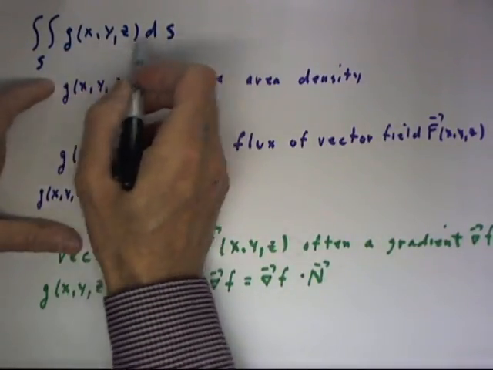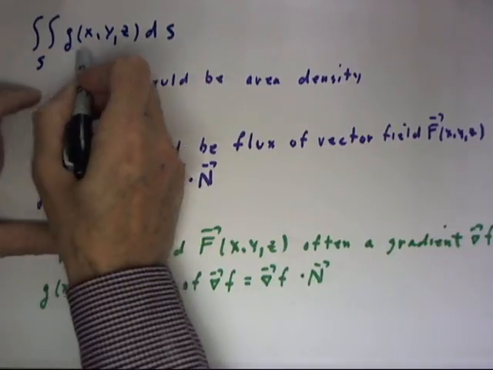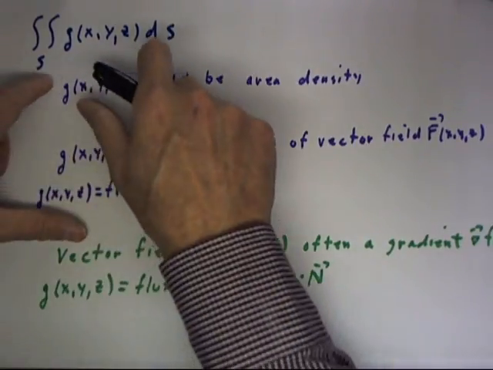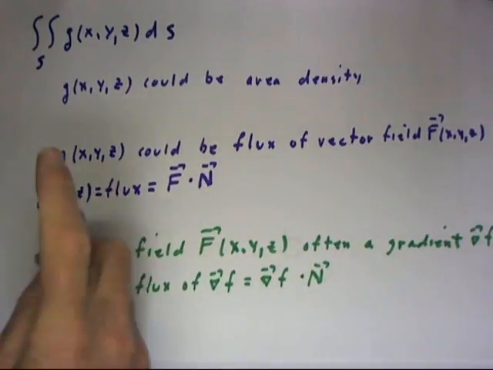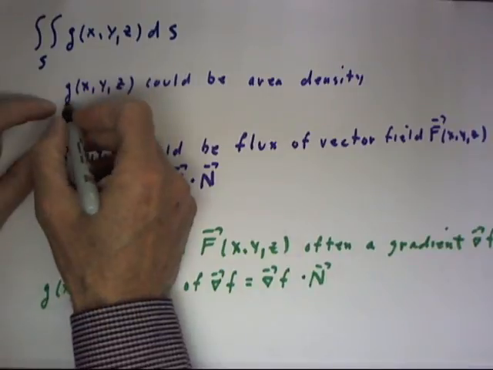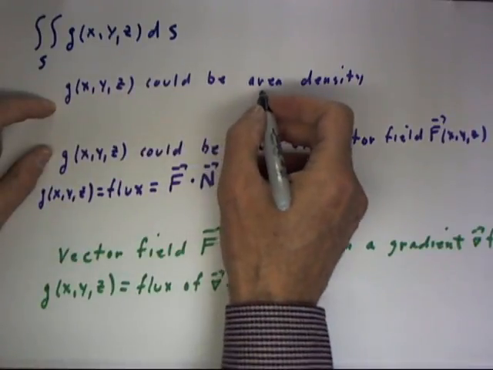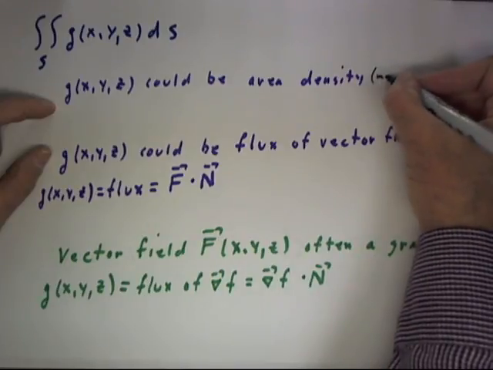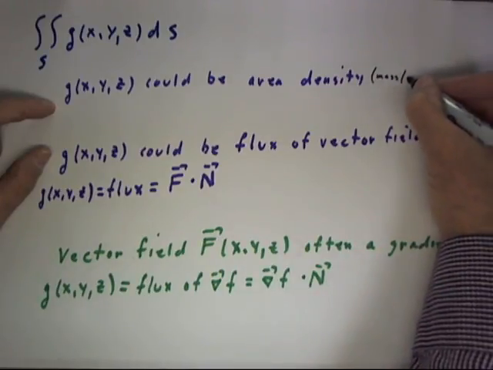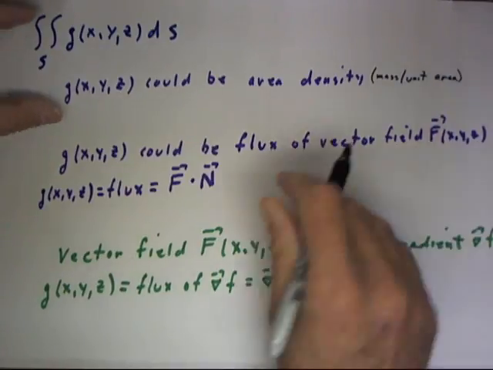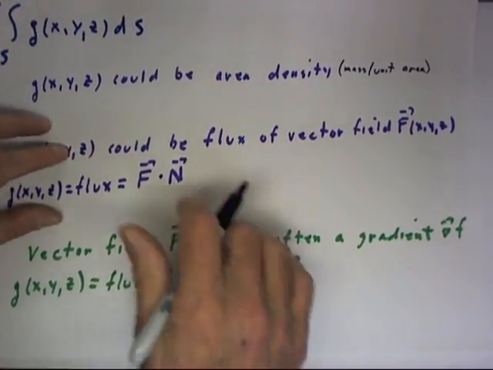The integral over the surface of a function g of x, y, z with respect to the area of the surface can have any of a number of different interpretations. For example, if g of x, y, z is an area density, that is a mass per unit area, then